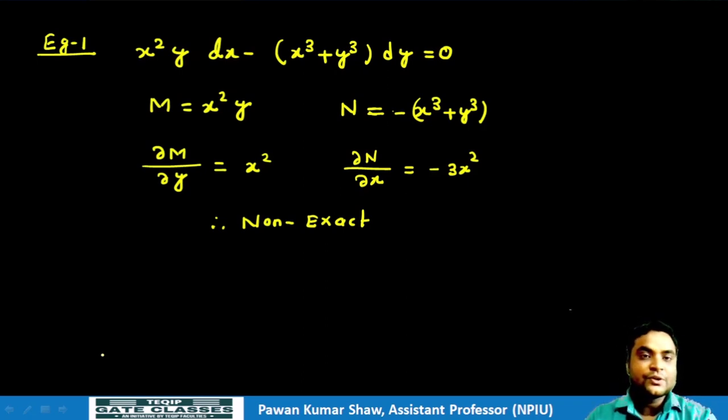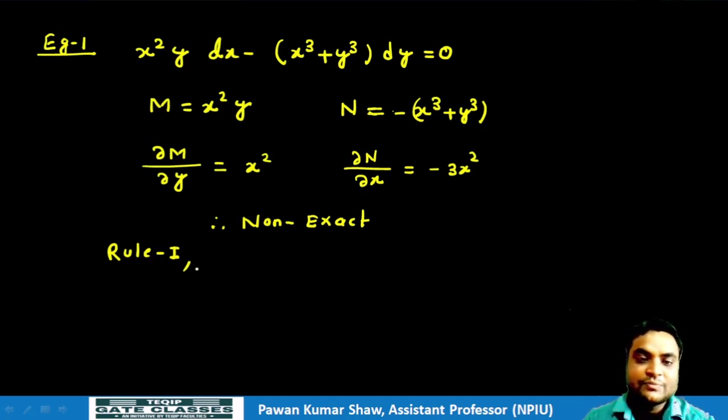So अगर हम ये देखें इक्वेशन, so यहाँ पर m क्या है, m हमारी जो है x स्क्वायर y है and n क्या है माइनस एक्स क्यू प्लस वाई क्यू. So if you notice this m and n both are homogeneous function of the डिग्री 3. यहाँ पर m और n क्या है homogeneous function है और दोनों की डिग्री सेम है and the degree is 3. So that means here we can apply the rule number 1. So as per rule number 1, what will be our integrating factor? So integrating factor क्या होगी?